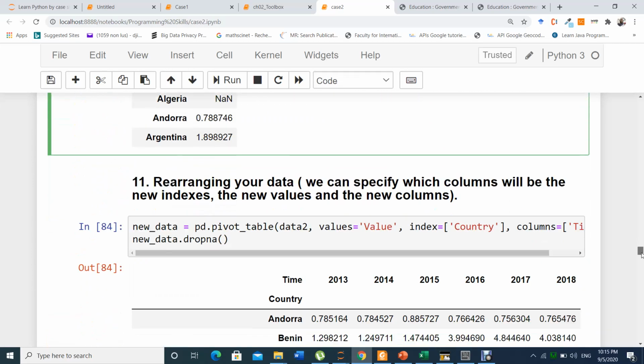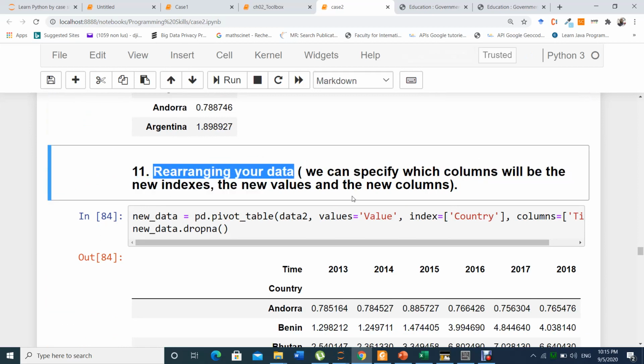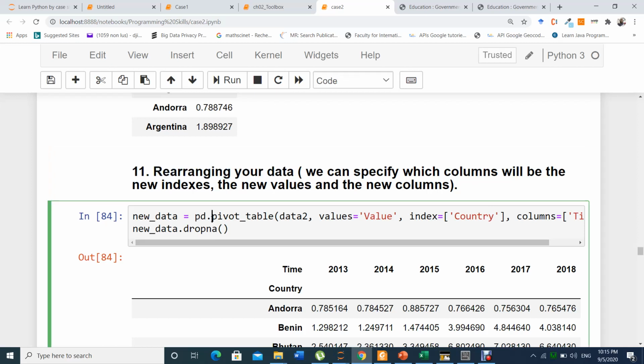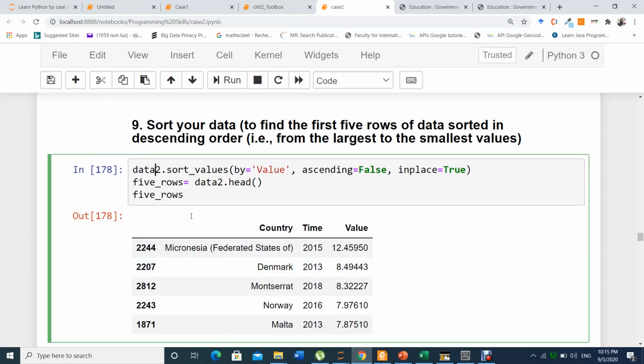So now we need to do some important things, which is rearranging your data. Like what I told you, you can specify which column you want to be indexed, or which column you want to be values. For this, there is a function named pivot table. We call it new data because you are going to pivot it. We pivot the table, which data 2 we get from here.